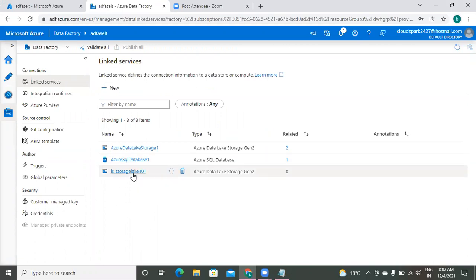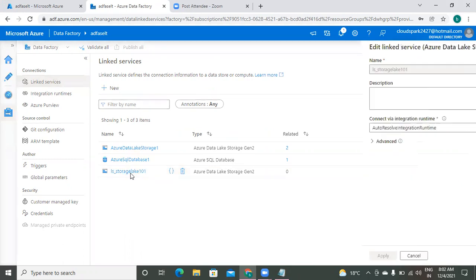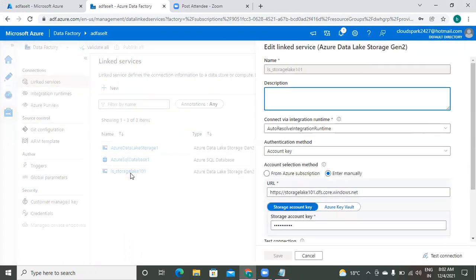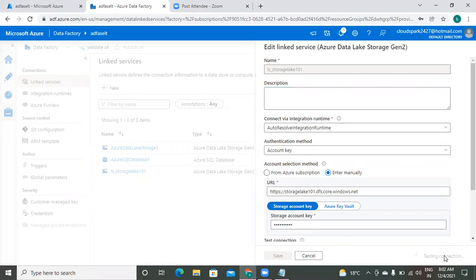For this, simply open that. Open your linked service. You get the same screen. Look at the right bottom. All of you observe that there is a test connection. Just click on that. I got an error. Got it? So how to resolve this error, we will see. This is a regular problem you will get while creating linked services.